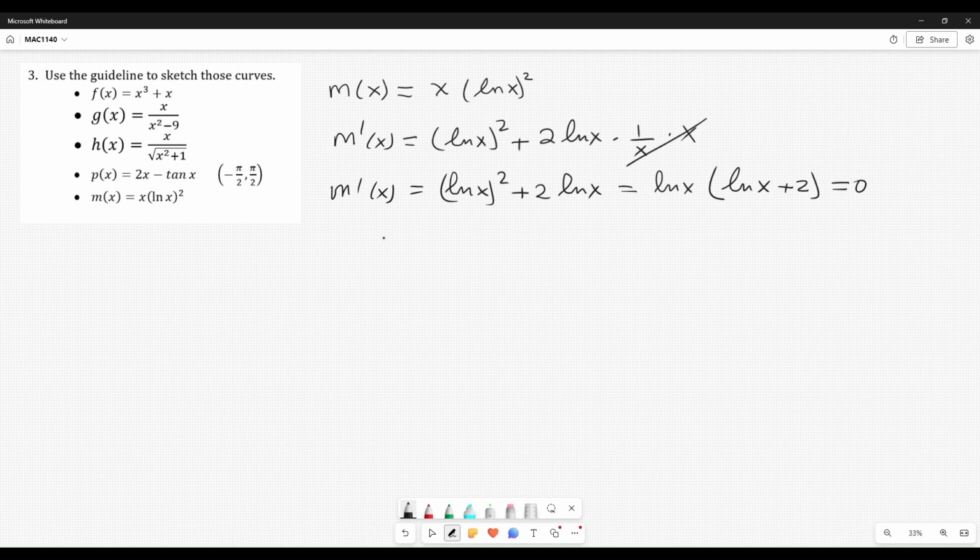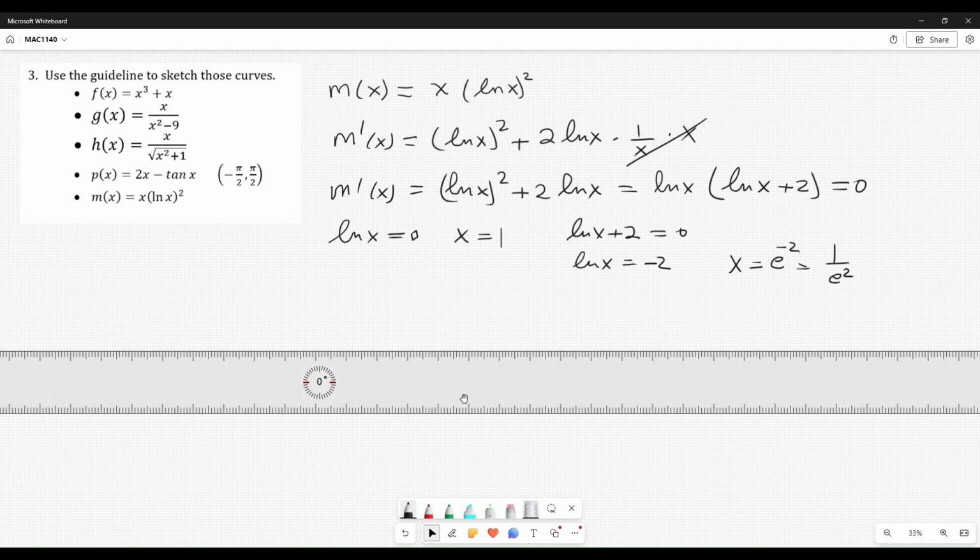So now one by one factor: logarithm of x equals 0, that means that x is equal to 1. And the second is logarithm of x plus 2 equals 0, and logarithm of x equals minus 2. Therefore, x is equal e to the minus 2, which is 1 over e squared. So we have two critical values,